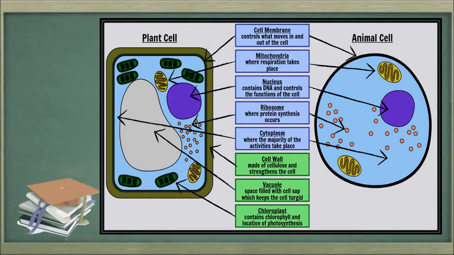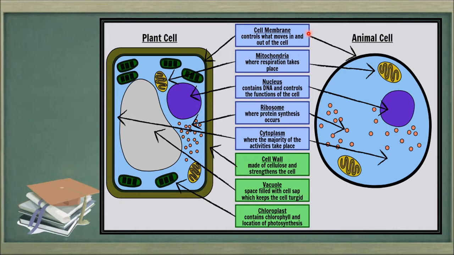Now let's have a look at a comparative study of plant and animal cells. In this picture you can see on the left hand side there is a plant cell and on the right hand side is an animal cell. So here we can compare them and simultaneously differentiate what the differences and similarities are. Let's start with that. First is the cell membrane. The cell membrane is present in the plant cell, and it's present in the animal cell also.